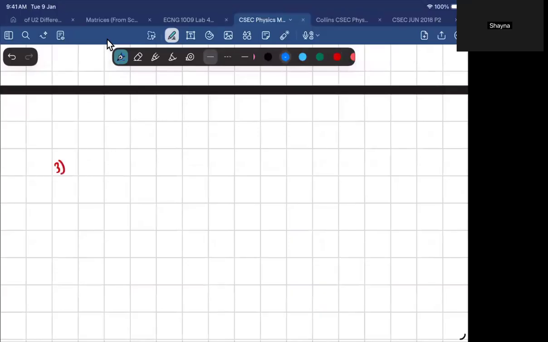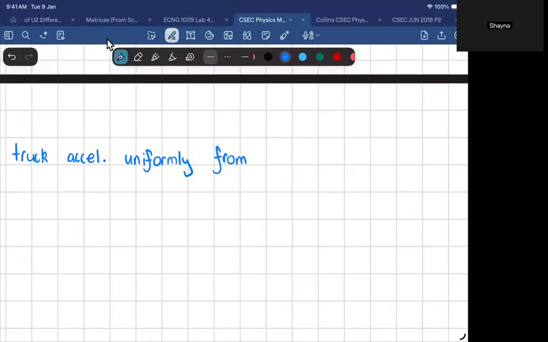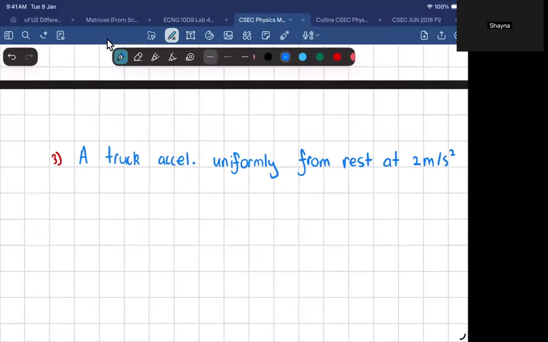All right, 3. A truck accelerates uniformly from rest at 2 meters per second squared for 10 seconds, and then continues at constant